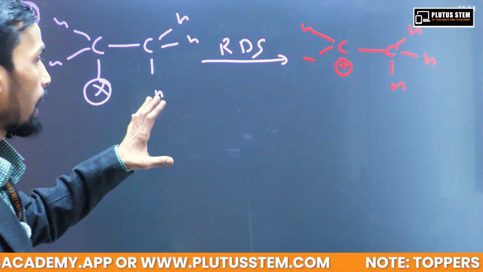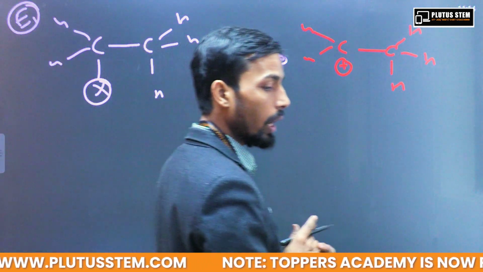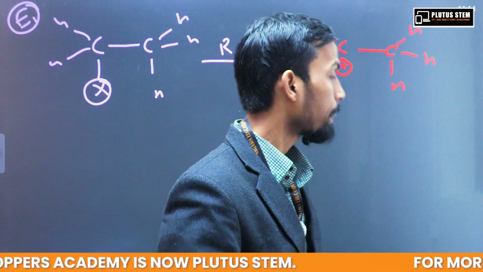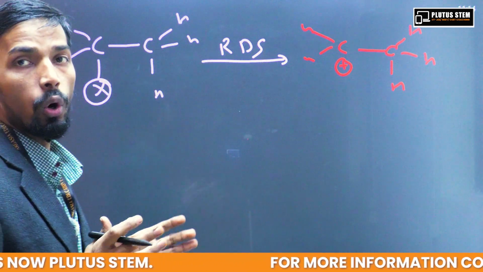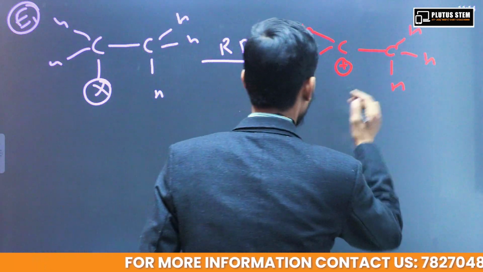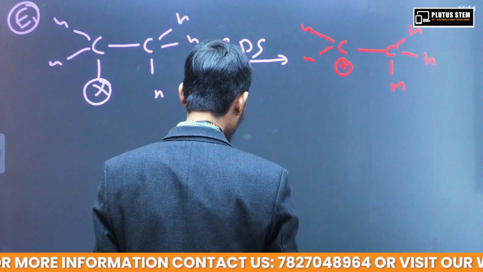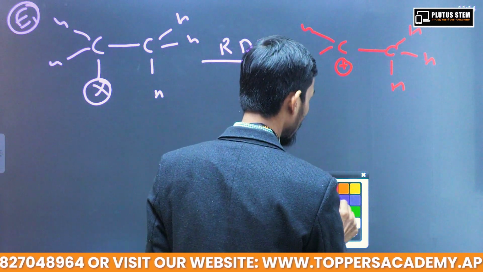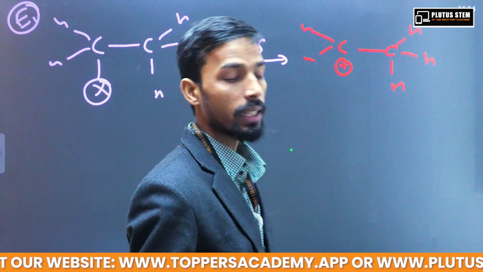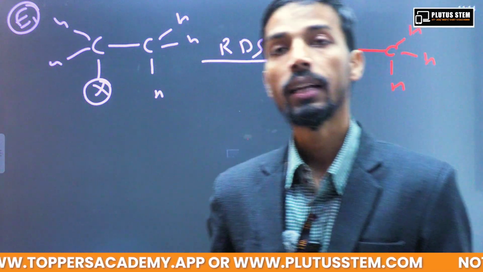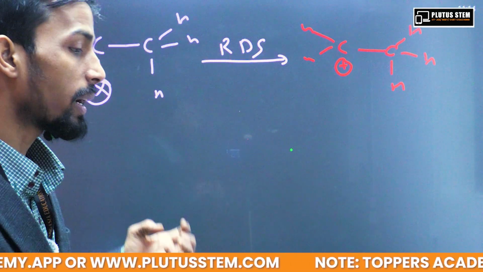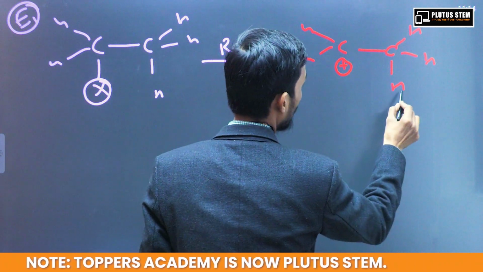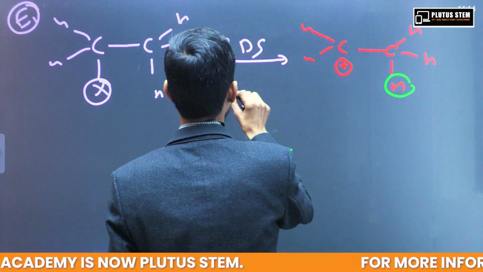So now this is a carbocation, and we need to have a more stable carbocation formation taking place over here. So this is the condition. If rearrangement is possible, then there will be a place for rearrangement also. If there is a possibility that some rearrangement can take place, then you will see that rearrangement will also take place. So in this case, now this base will abstract